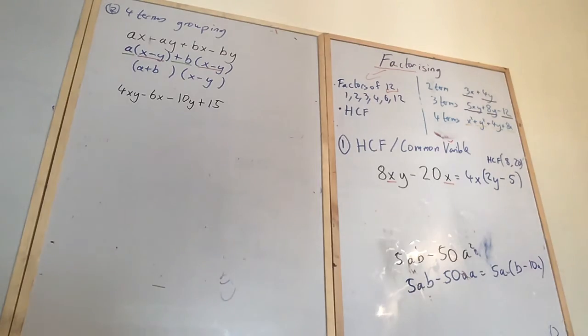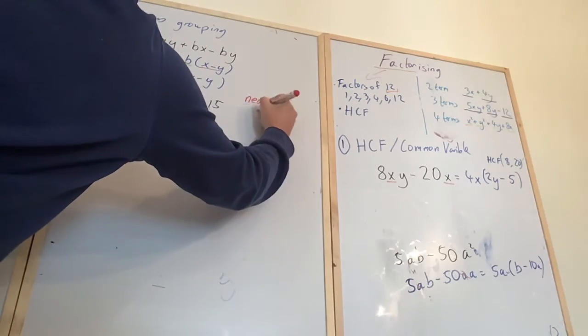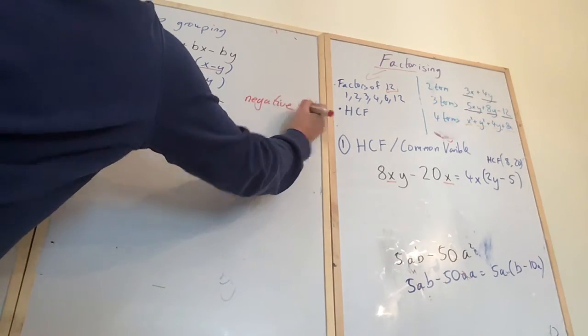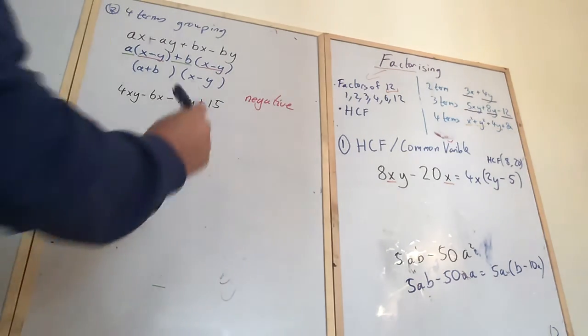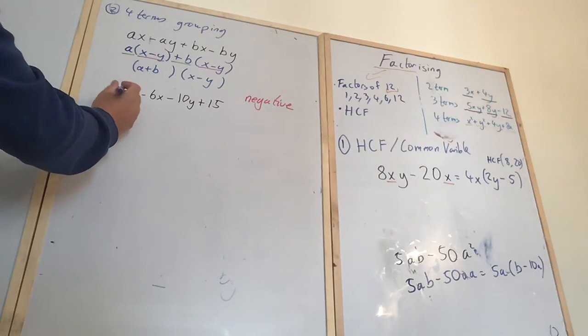Going to do a second example. Going to do one where you will actually have to involve not just common variable but the highest common factor as well, and I've changed it around a bit to be cautious of our negative numbers. Okay, with factorizing it's okay, but you do have to show a solid understanding of negative numbers in order to get your full marks. So first we have is